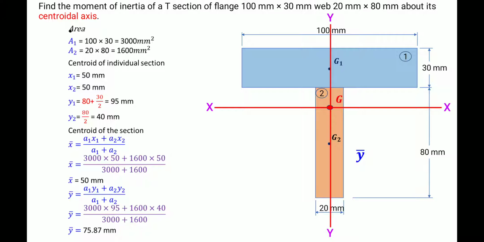Okay, so this is the centroidal axis. See this diagram, this is the given diagram. The centroid of the T section is here. Centroidal axis means the axis which is drawn through the centroid. So x-axis is the horizontal centroidal axis, and y is the vertical centroidal axis. First we located the centroid and we drew the centroidal axes, x and y. Our question is to find the moment of inertia about these axes, x axis and y axis, the centroidal axes.